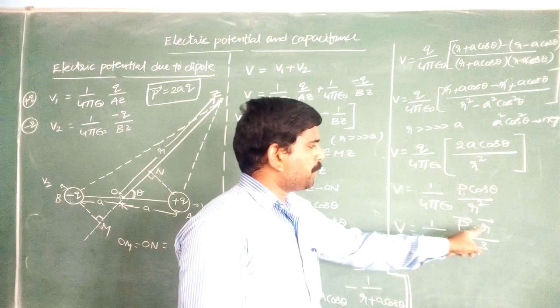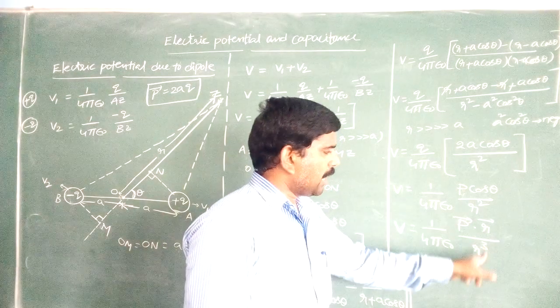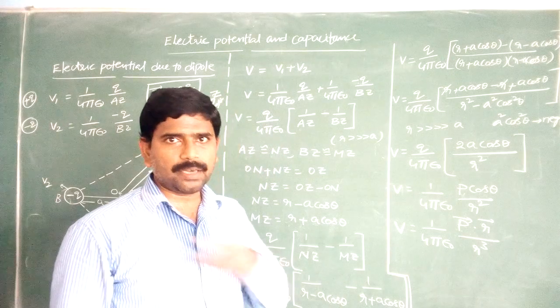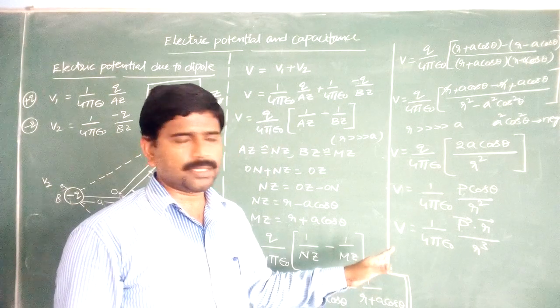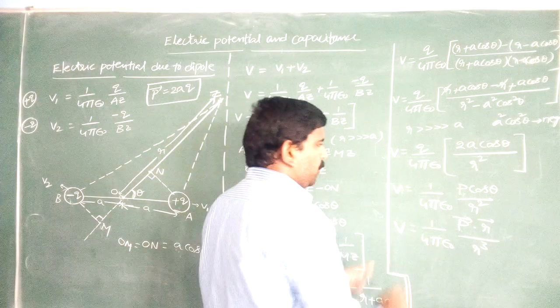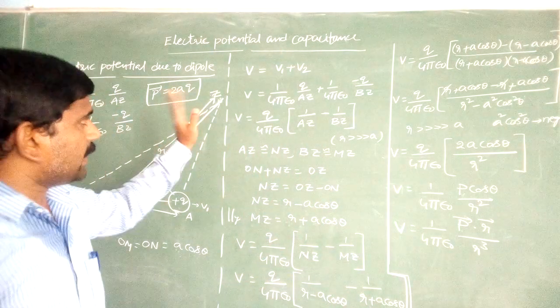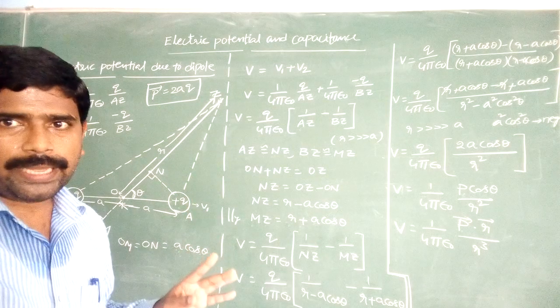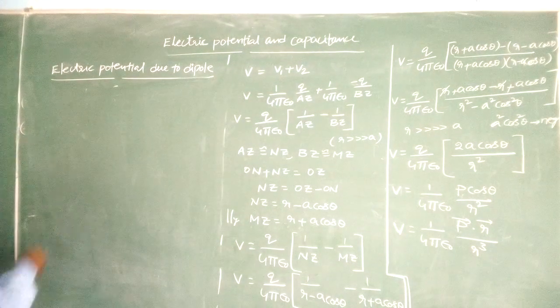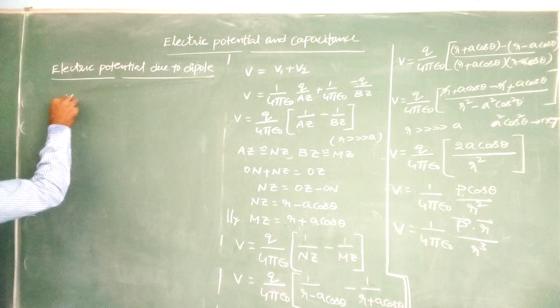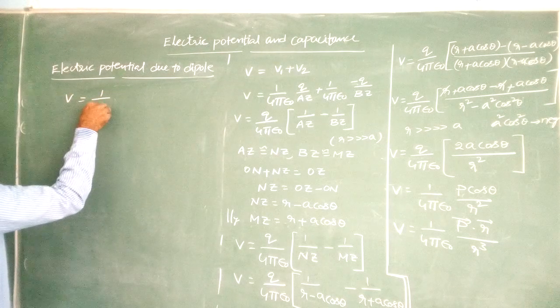Here we are getting P R cos theta by R cube. R cancels, therefore P cos theta by R square. The value does not change. So this is the electric potential due to the electric dipole at a point. So here we are getting the electric potential V is equal to 1 by 4 pi